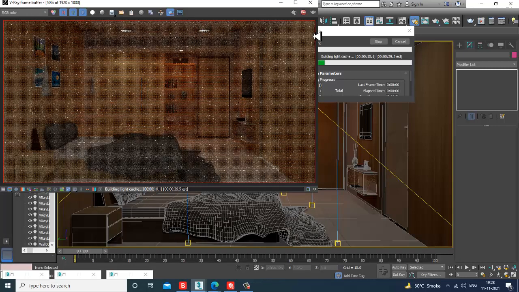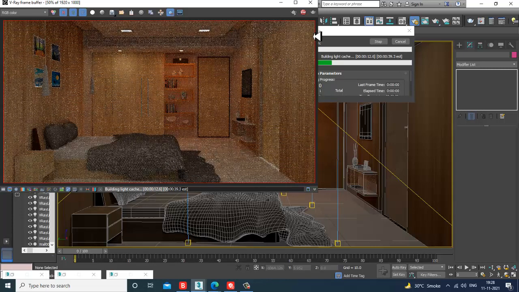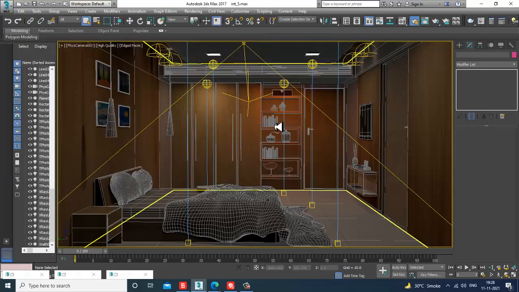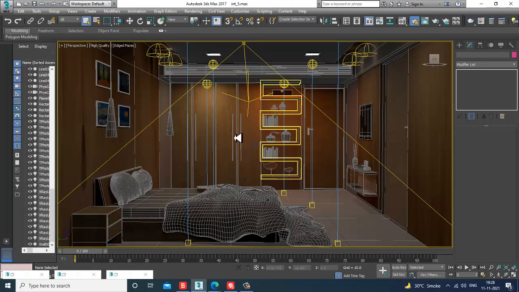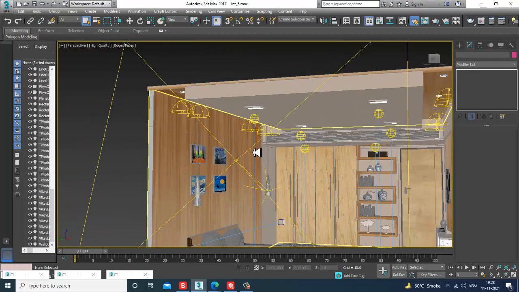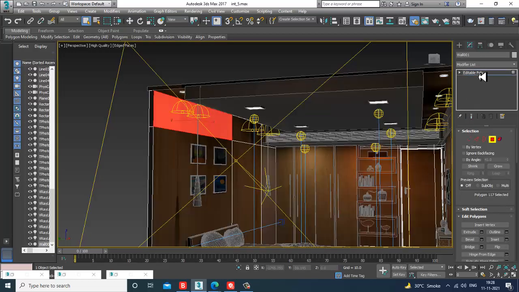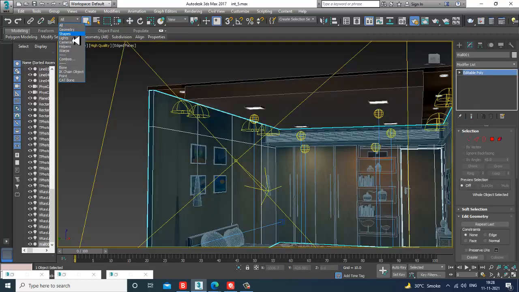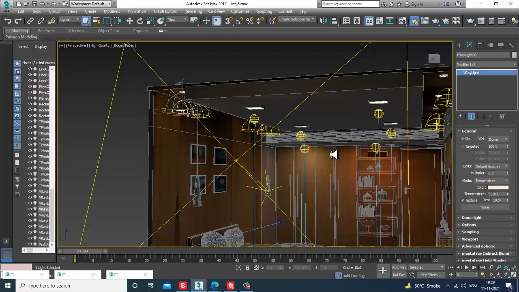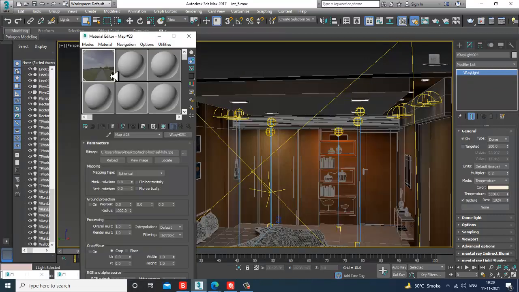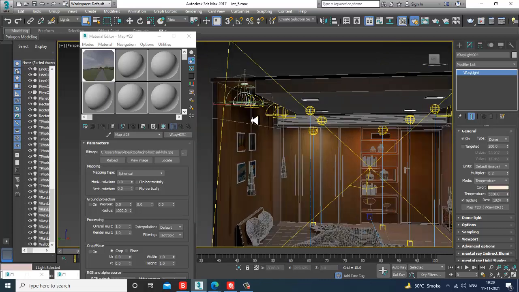Let's render it. Again, I'll go into the perspective. I'll select these lights, and if required, I'll add one HDRI map inside this light.